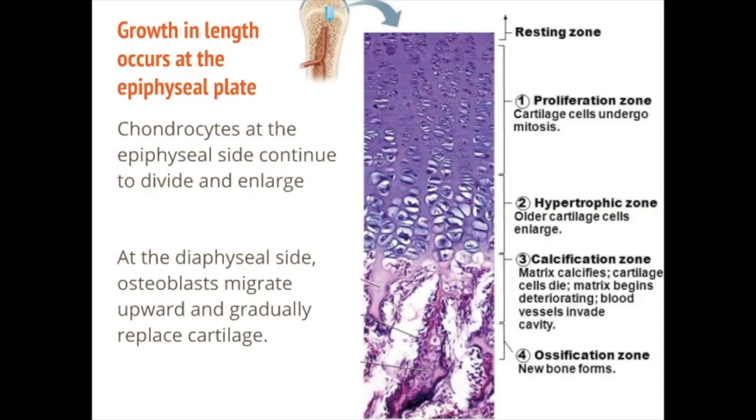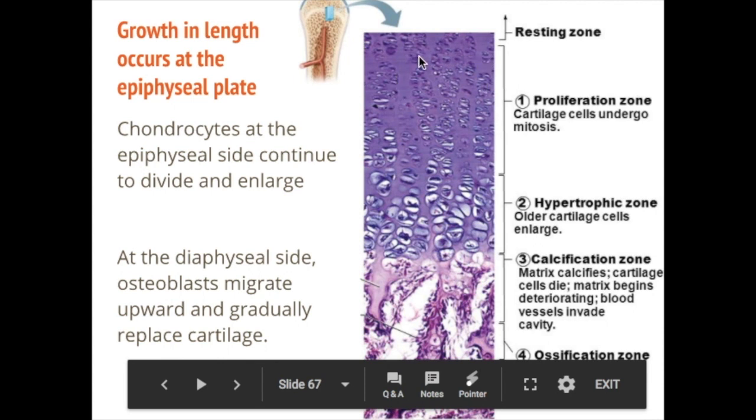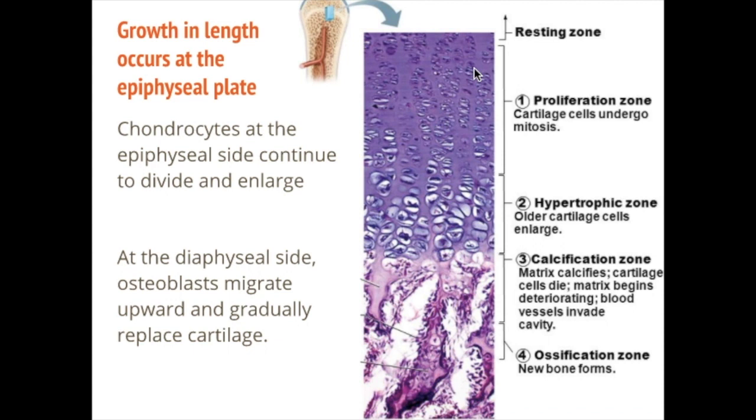Let's take a closer look at the growth plate. The chondrocytes within the epiphyseal cartilage are arranged into zones, and on the epiphyseal side, the chondrocytes continually add new cartilage. In this picture, this is the epiphyseal side, the side closer to the end of the bone. In zone 1, the proliferation zone, the chondrocytes are continuing to divide. As we proceed down into zone 2, the hypertrophic zone, the more mature cartilage cells will